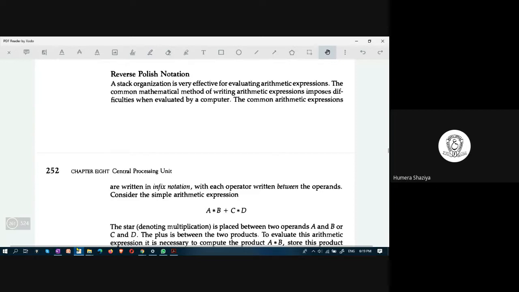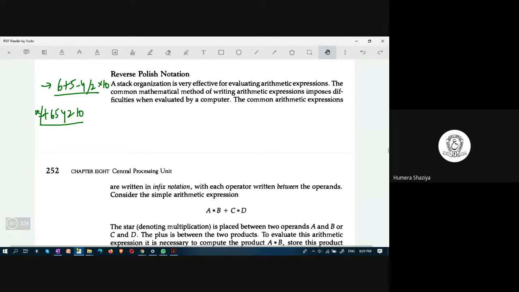We human beings prefer infix notation for evaluating expressions. For us, 6 plus 5 minus 4 divided by 2 into 10. Is this convenient to do, or plus 6 5 minus 4 divided 2 into 10? Which is convenient to understand, the first one? First one, because we tend to understand this. This is known as infix notation.